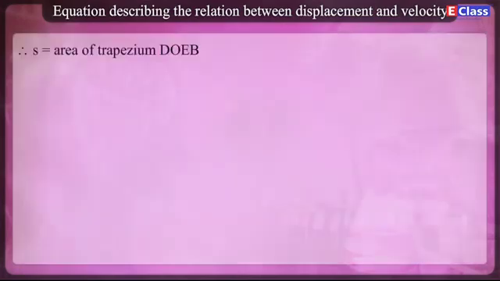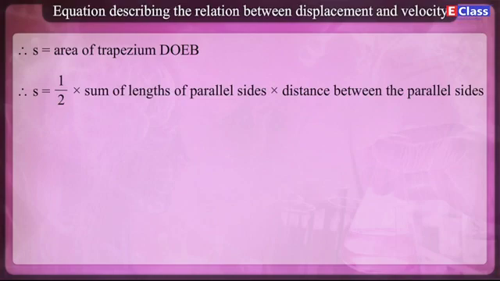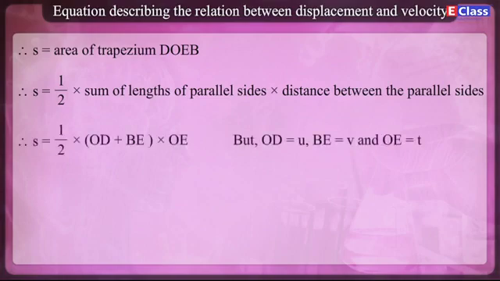Therefore, s is equal to area of trapezium DOEB. Therefore, s is equal to 1 upon 2 multiplied by sum of lengths of parallel sides multiplied by distance between the parallel sides. Therefore, s is equal to 1 upon 2 multiplied by OD plus BE multiplied by OE,